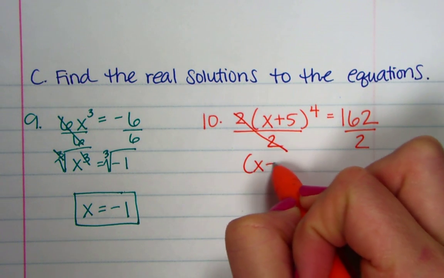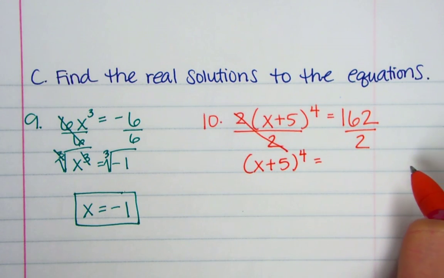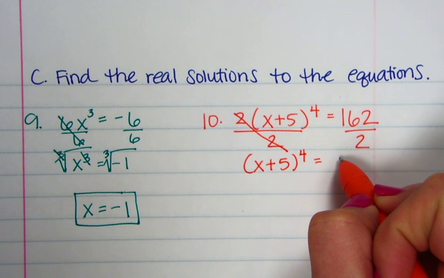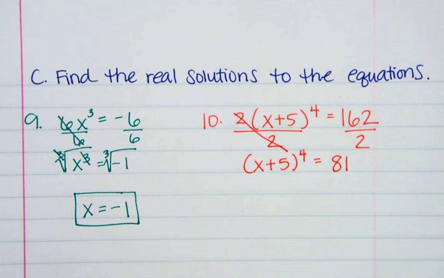Okay, that leaves me with x plus 5 to the 4th equals, what's 162 divided by 2? 81. Thank you. Okay, now that x plus 5 can't change because it's stuck inside the parentheses because of that 4. Okay, so now once you have the parentheses and just the x